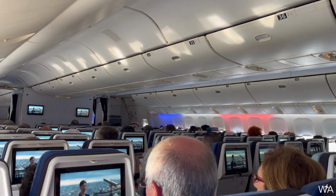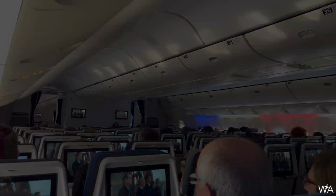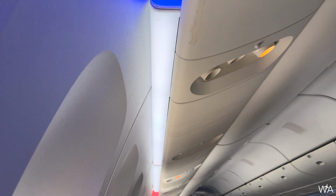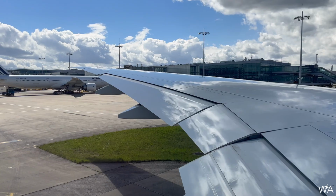One of the thoughtful lighting touches in this new cabin is the colors of the French flag displayed along the walls, which is a really neat idea. On behalf of everyone at Air France,